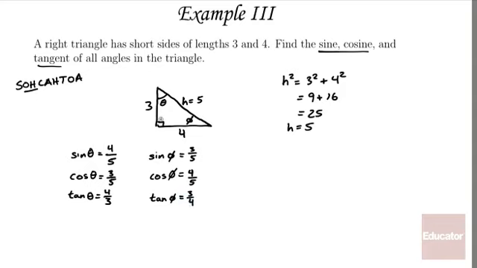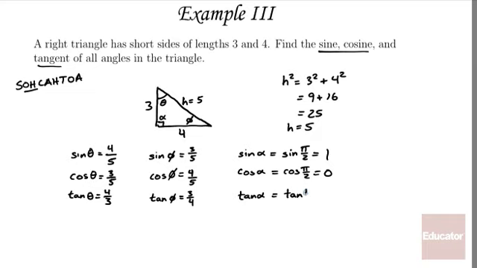And finally, we have the right angle here. I'll call that alpha. We can't really use SOHCAHTOA on that, but I know that sine of alpha, alpha is a 90-degree angle, or in terms of radians, it's pi over 2. And the sine of pi over 2 we learned before is 1. Cosine of alpha is cosine of pi over 2. And we learned that the cosine of pi over 2 before was 0. And finally, tangent of alpha